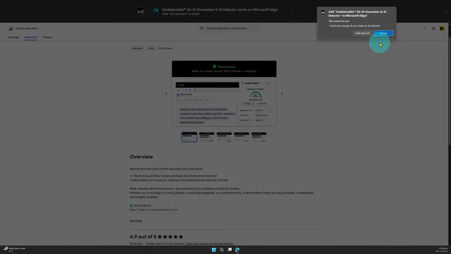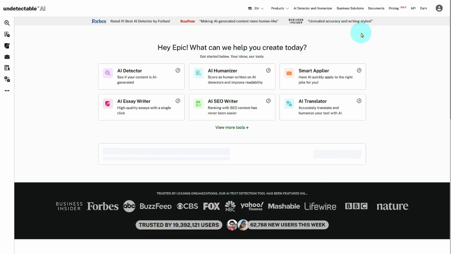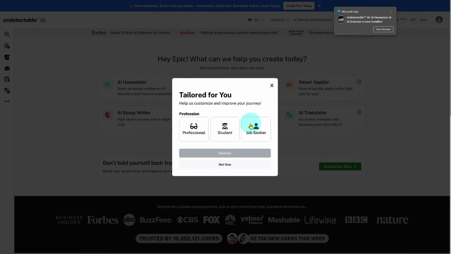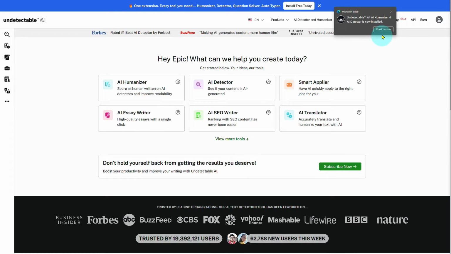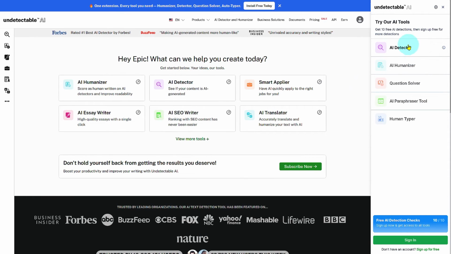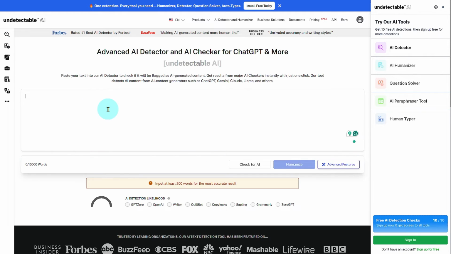So let's just try that out. Why not? Click on add extension, and we will be on to the extension section. You can see it is thanking us, and then view our extension. So here we got that our extension is ready, and we can simply see its settings, AI detector. If I go to this section, and we type in here anything,